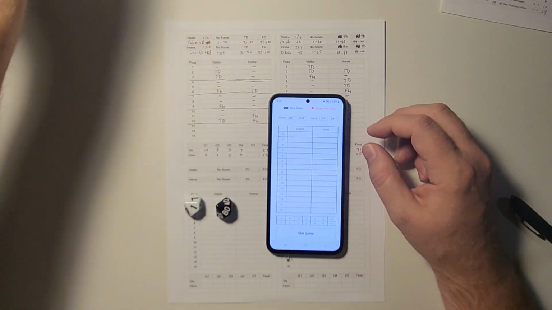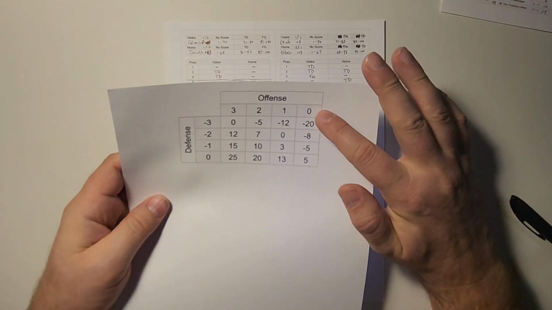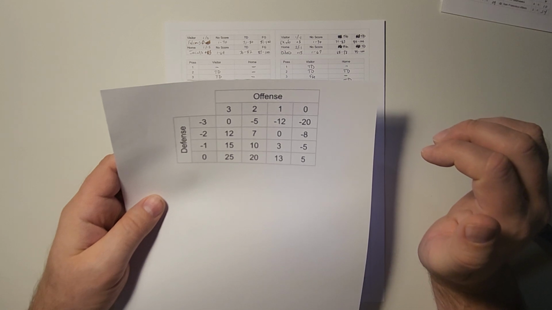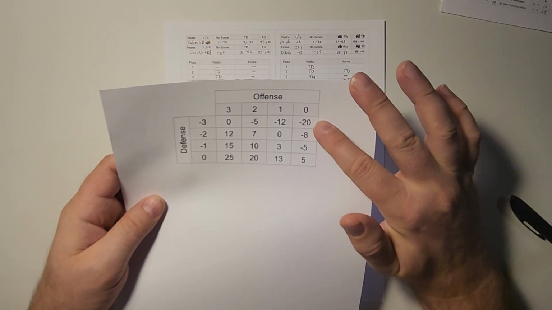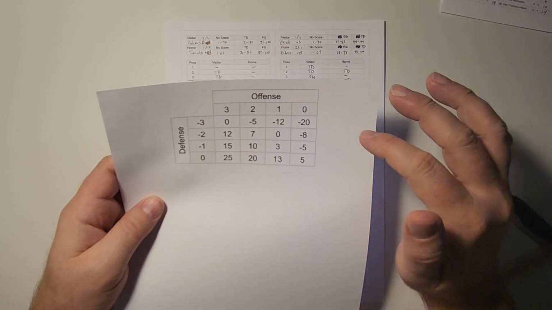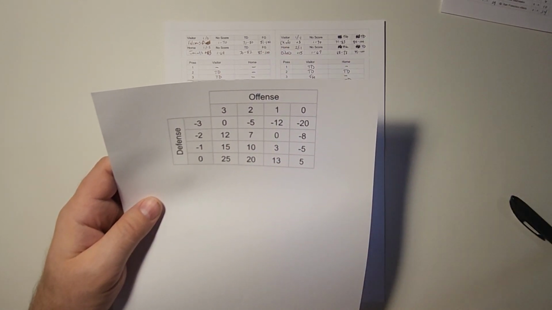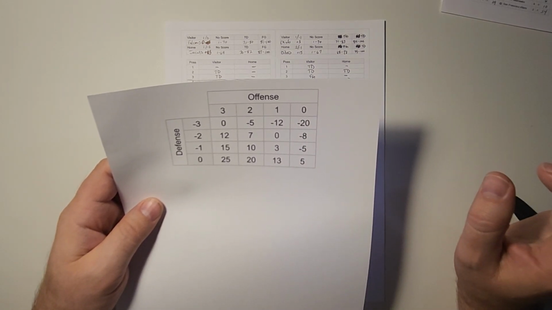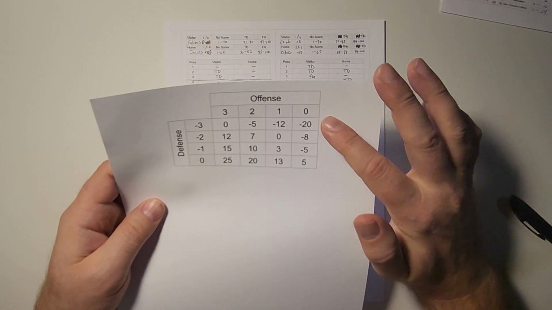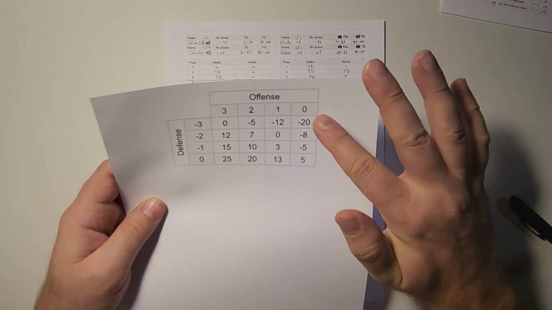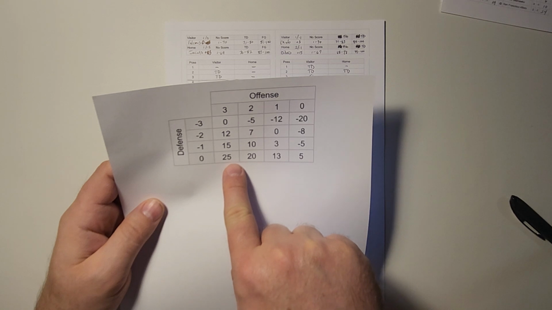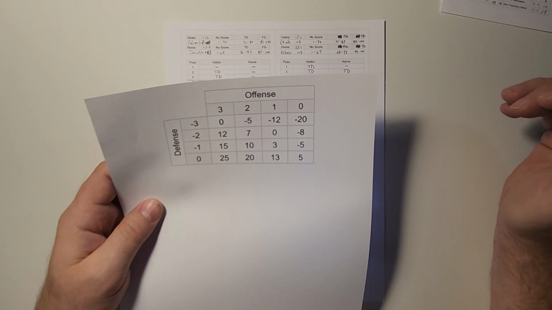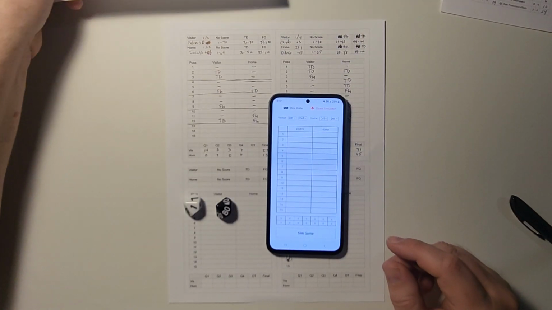And basically this matrix is the totals. So behind the scenes, when you do a 0 rated offense against a -3 defense, I believe that's a straight up -20 when you're playing a -3 defense. So if you're playing a -3 defense, it's an automatic 20 off. If you have a 0 offense, you get no bump whatsoever, I don't believe. Or maybe it's 5. Maybe you get a 5 bump. If you have a 0 defense, then you actually give 5 to the other team. So I don't remember what the actual numbers are. I'd have to look that up, but